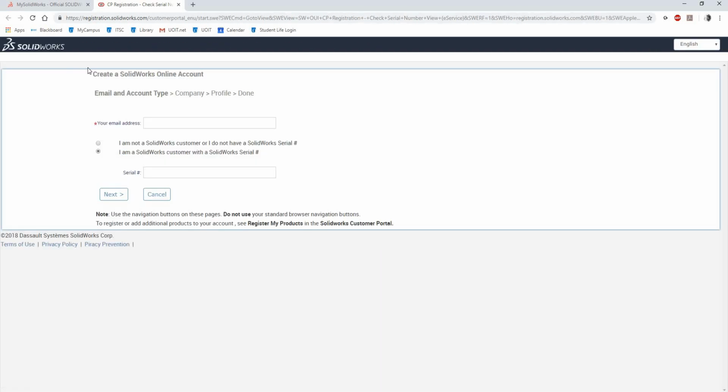Now, once this page opens up, this is their customer portal. You're going to say that you're a SolidWorks customer with a SolidWorks serial number, and go ahead and put your email in, like so. And in the serial number box, given that you haven't probably received your serial number in a CD box or